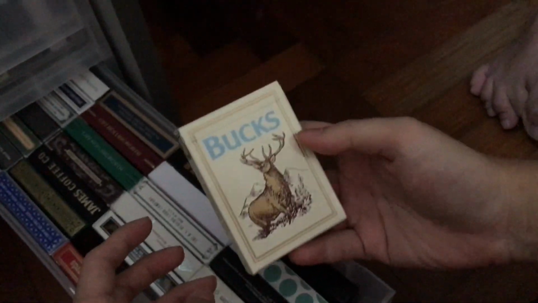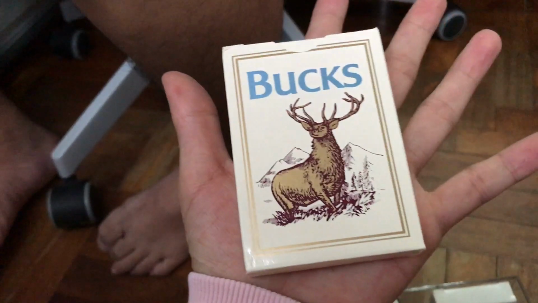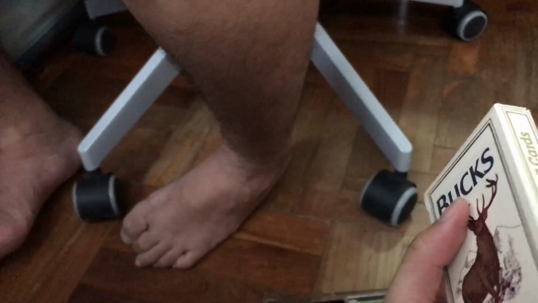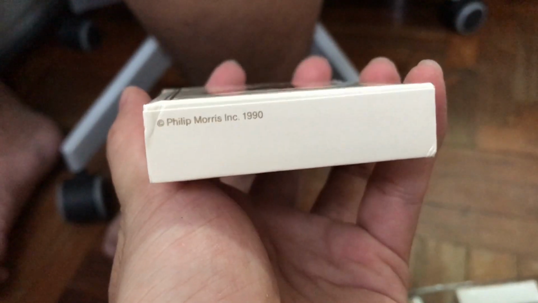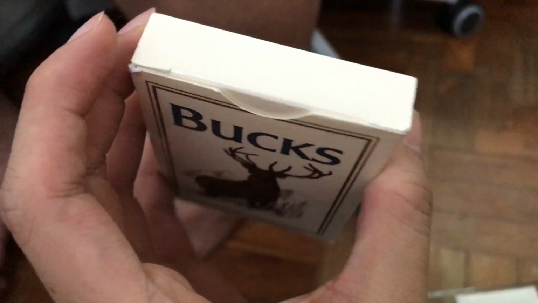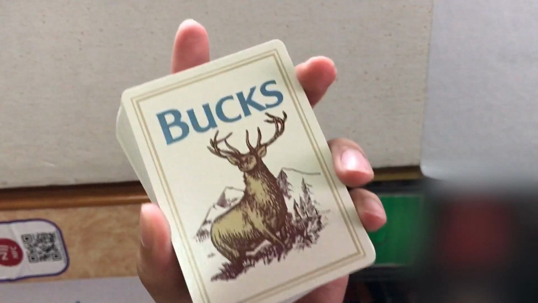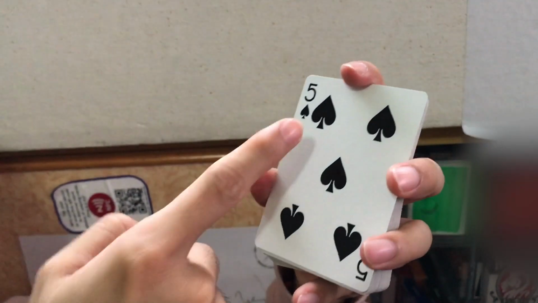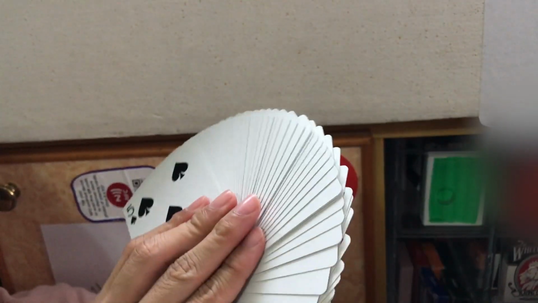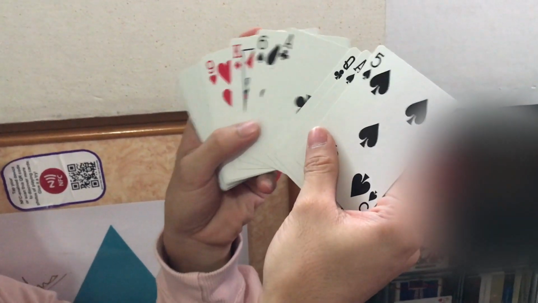What's that? Dude, what's this? Oh, I forgot which video already. Very, very old. They've used this deck in one of their videos. Made by Philip Morris. Off-white background with, I think, slightly metallic blue foil, blue ink here. On the face, it's closer to white, unlike the backs. The cards fan, they're not air cushion finish though, they are just